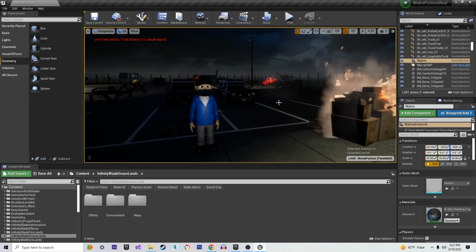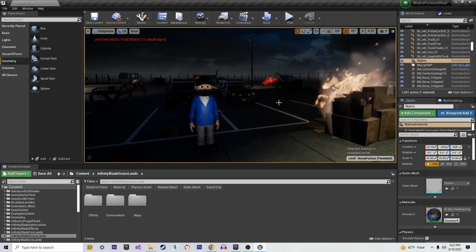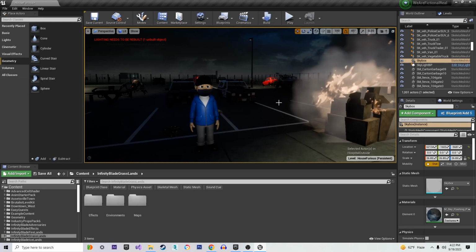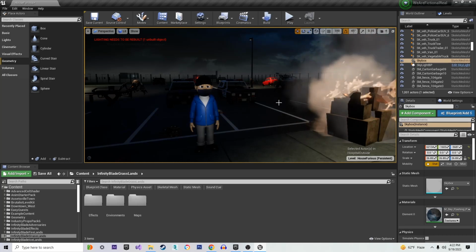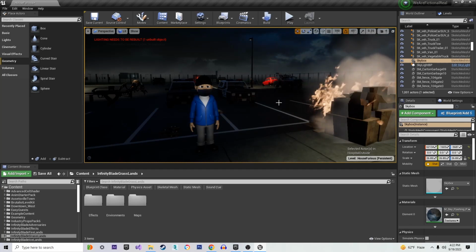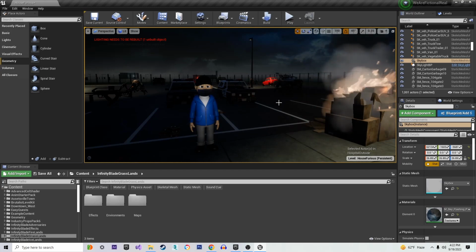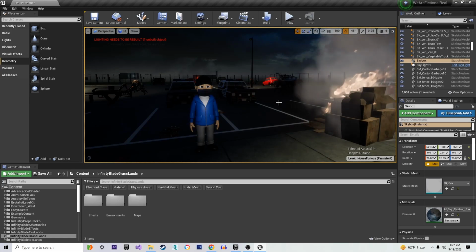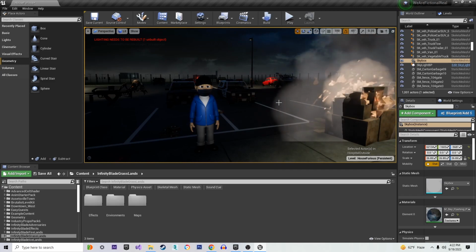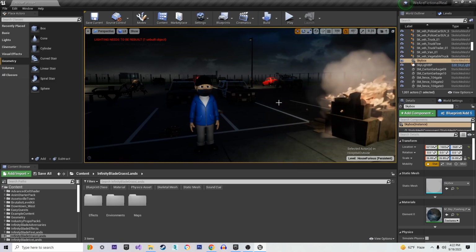and in the next video I'm just going to go over a basic tutorial, how to get started, how to import a character from another 3D package. I will be using 3D Studio Max, but you can use anything, and I'll show you how to export the FBX file from the 3D suite that you use into Unreal Engine, and then how to set it up, how to put it in the game, how to get it moving, how to get it to perhaps fire a weapon,